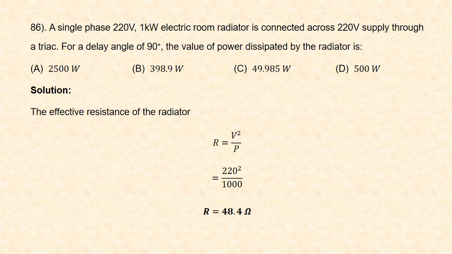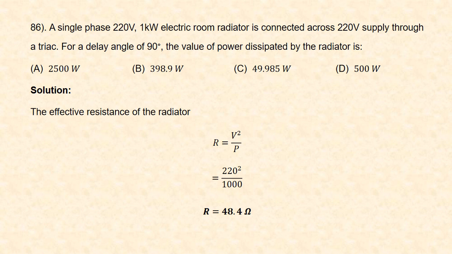Next question, a single phase 220 volt 1 kilowatt electric room radiator is connected across 220 volt supply through a triac. For a delay angle of 90 degrees, the value of power dissipated by the radiator is: option A 2500 watts, option B 398.9 watts, option C 49.985 watts, option D 500 watts. If you see the solution,